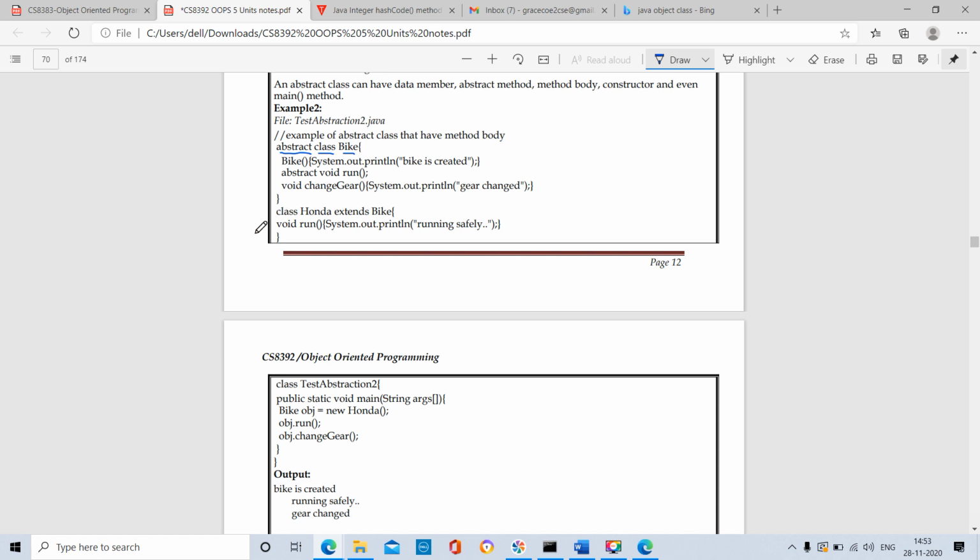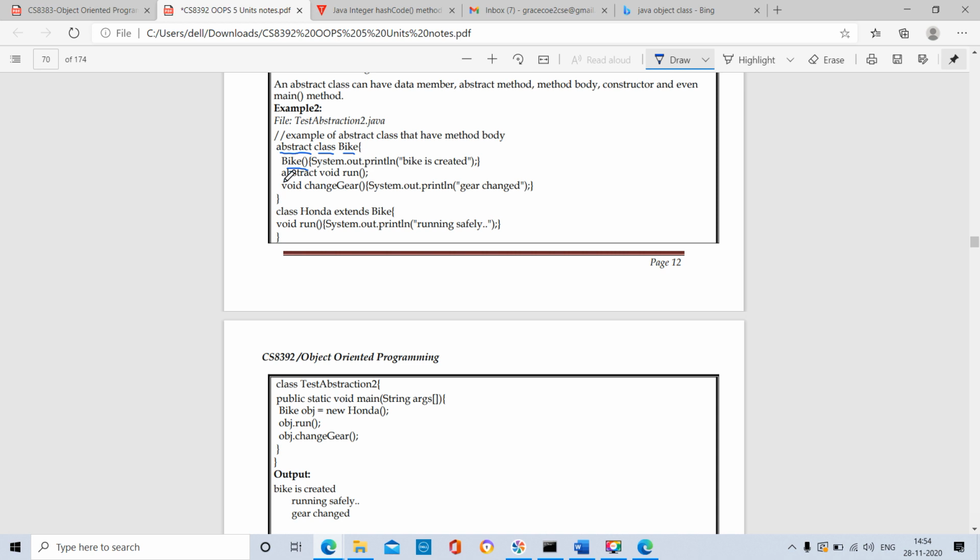So this abstract class has the method bike. See, this is the constructor, because it has the same name as the class name. So bike open bracket close bracket is the constructor, but it doesn't have the keyword abstract. See the difference. The abstract class may contain abstract methods or constructors, otherwise it may not contain abstract methods or constructors. So this abstract class bike contains a non-abstract constructor. Before the bike we didn't mention the keyword abstract.